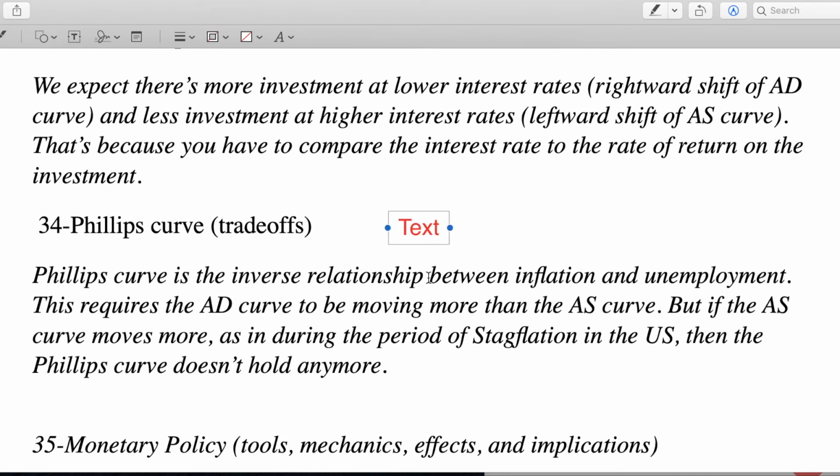I mean, it could be a leftward shift to the aggregate supply curve, at least in the long run, right? But for this to be the aggregate demand curve, because what's going to happen is there's less investment. Investment's a component of GDP, so it's going to be a leftward shift of aggregate demand. In the long run, that's probably what I was thinking about when I wrote this.